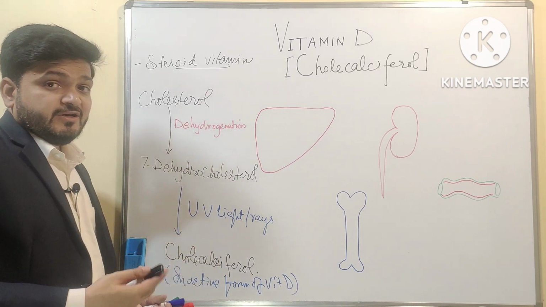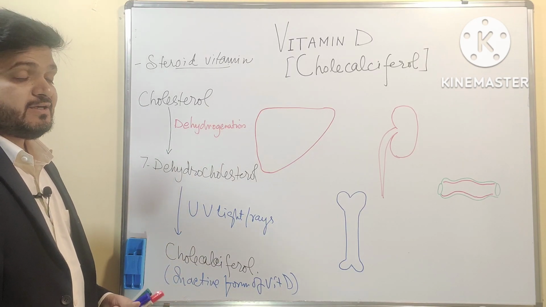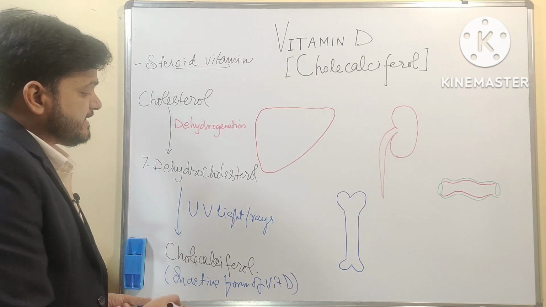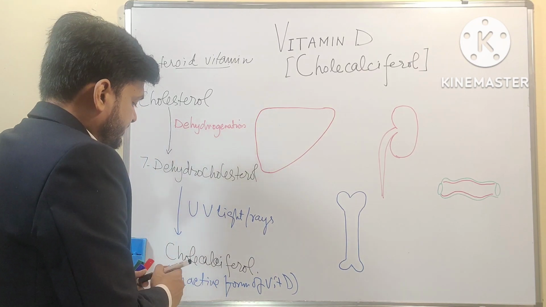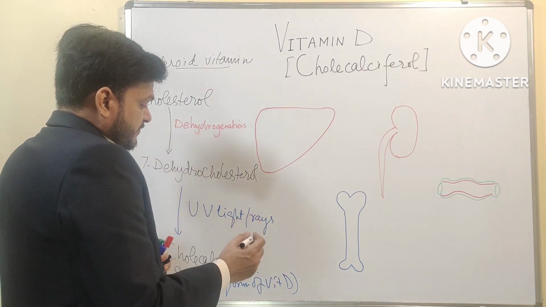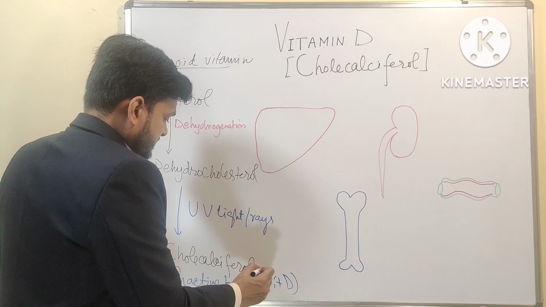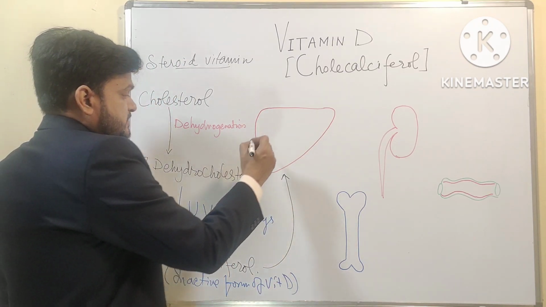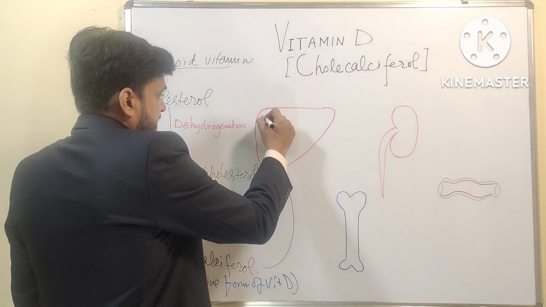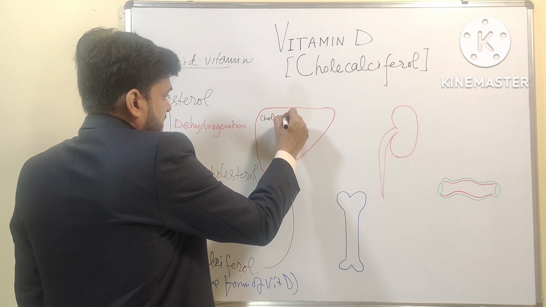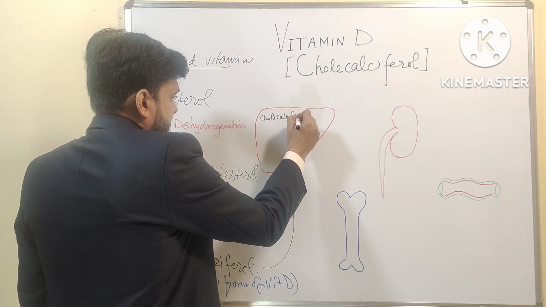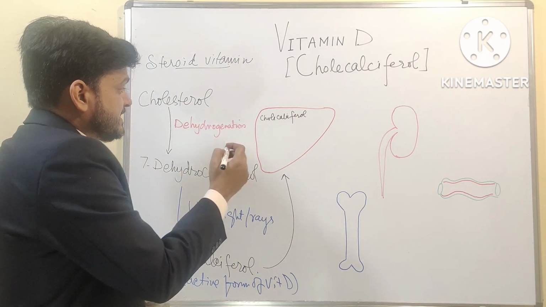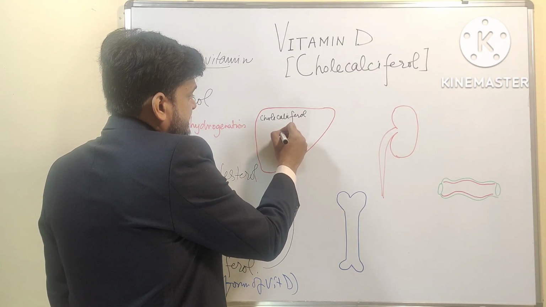Now we will look at how it gets active, right? What are the processes and what are the different organs involved in the activation of vitamin D. So from this part it is sent to the liver, right? The cholecalciferol reaches the liver, where there is an enzyme known as